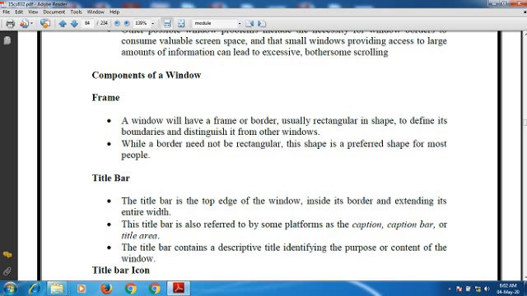For example, we have a close button, minimize, maximize, restore down, and so on. The title bar is also used as a control point. You can move a window easily, and it also acts as an access point for commands that can be applied to a window.